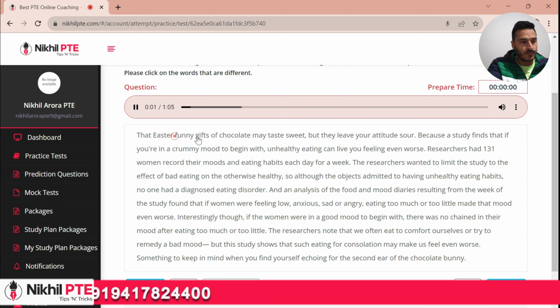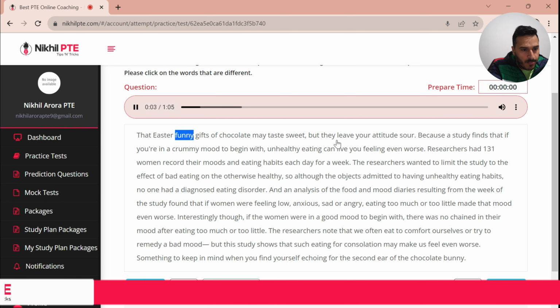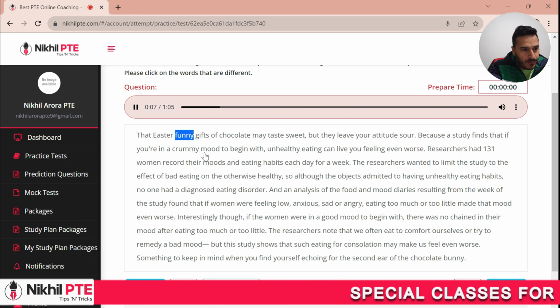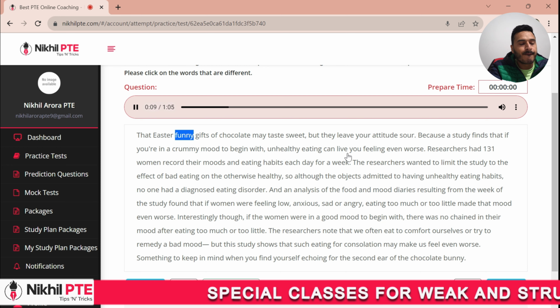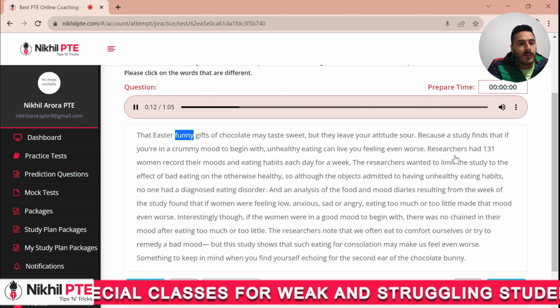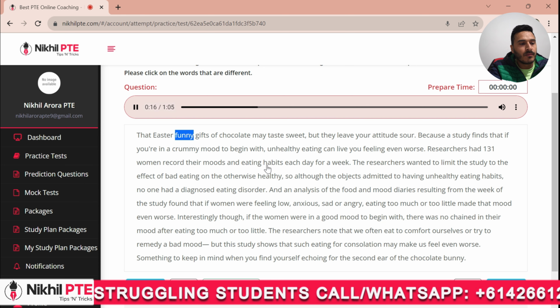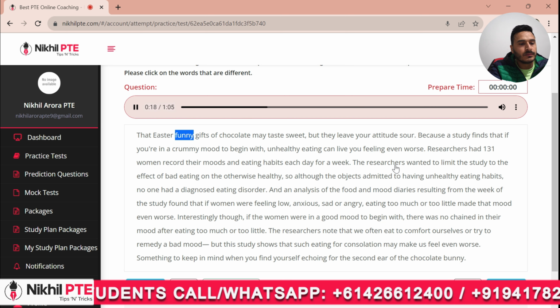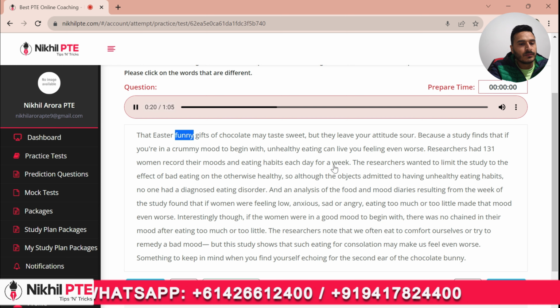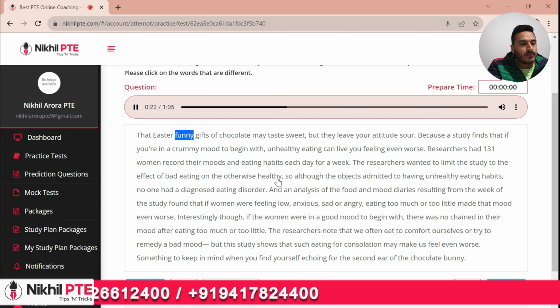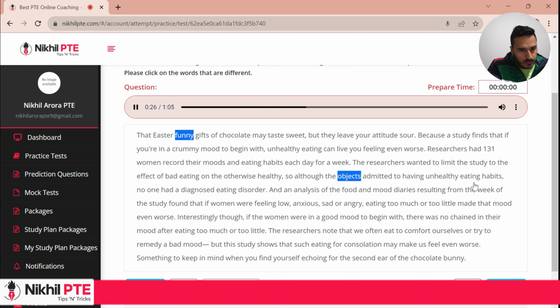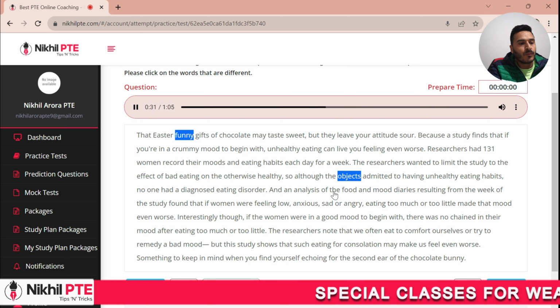That Easter Bunny's gifts of chocolate may taste sweet, but they leave your attitude sour, because a study finds that if you're in a crummy mood to begin with, unhealthy eating can leave you feeling even worse. Researchers had 131 women record their moods and eating habits each day for a week. The researchers wanted to limit the study to the effect of bad eating on the otherwise healthy, so although the subjects admitted to having unhealthy eating habits, no one had a diagnosed eating disorder,